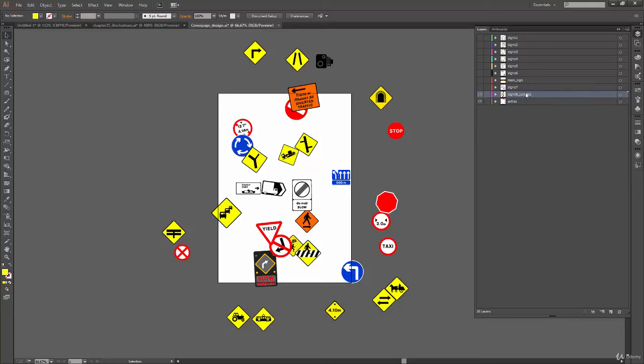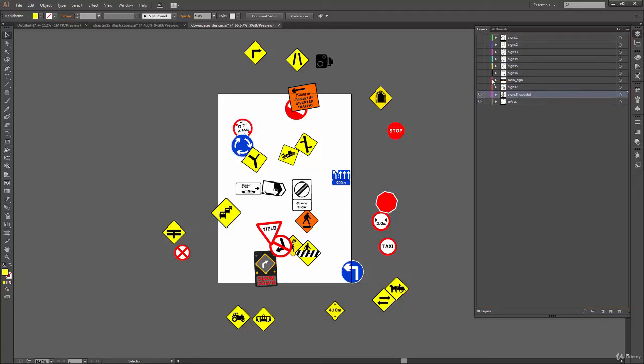Now let's see if I want to rearrange the layer. Let's say I want to move this layer to the top. To do that, you can just click on the layer and drag, and you can release this layer anywhere. When I'm dragging around, you can see one time it is highlighting a layer, second time it is just creating a line in between the layers. So that means I'm dropping this layer in between these two layers.